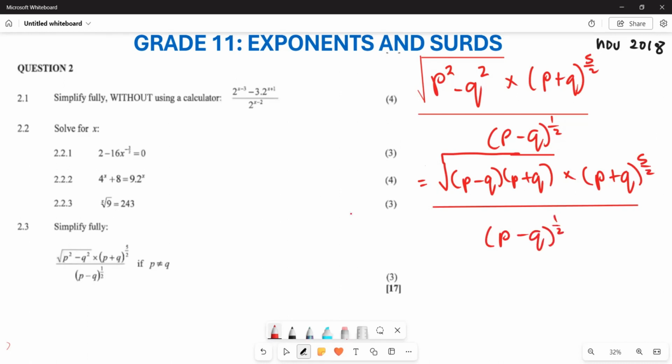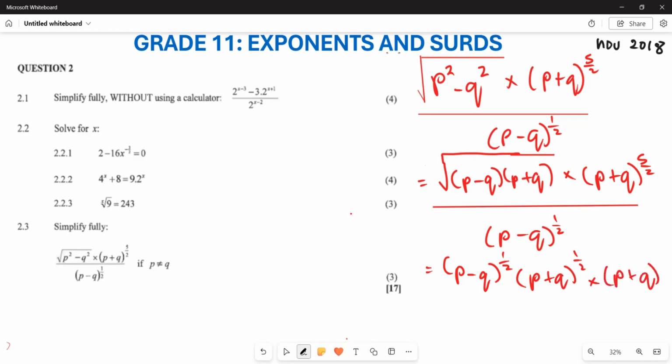Now that you have that, I want you to do this. If you want to get rid of the square root, remember your square root is the same as having an invisible 2 here, right? So now this can still be expressed as (p subtract q) close bracket 1 over 2, multiplied by (p plus q) close bracket 1 over 2, multiplied by (p plus q) close bracket 5 over 2, divided by